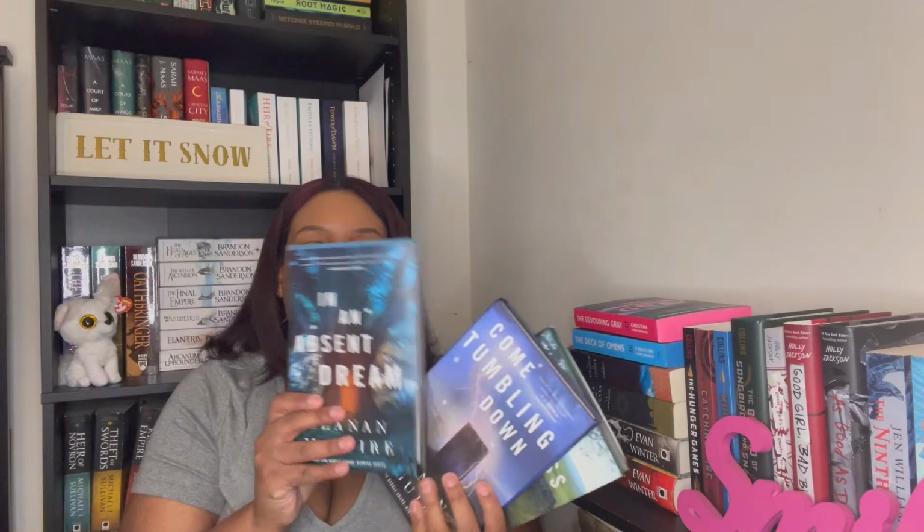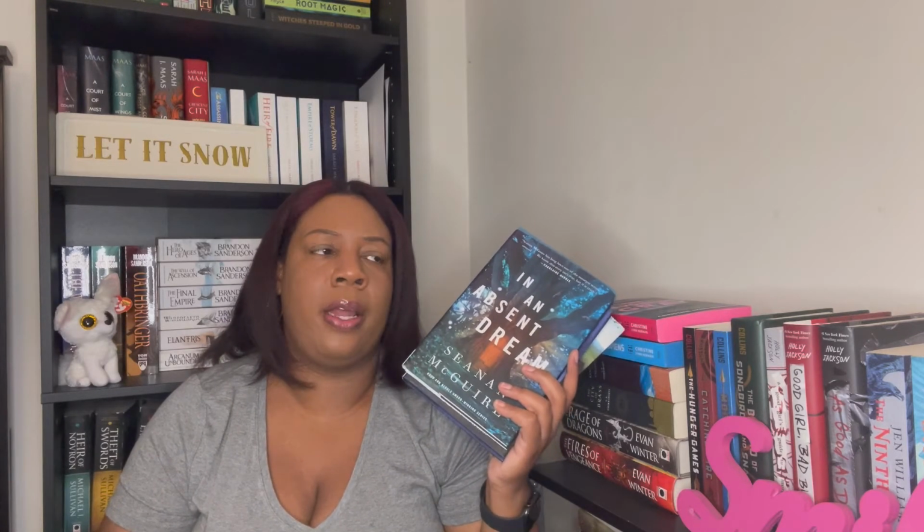So we have In an Absent Dream, Come Tumbling Down, and Across the Green Grass Fields. I honestly don't know what these three in particular are about. For the most part, I have enjoyed the Wayward Children series so far, but I went ahead and got these three because the seventh book is coming out in the beginning of January. So I wanted to see if I can hurry up and catch up in this series,